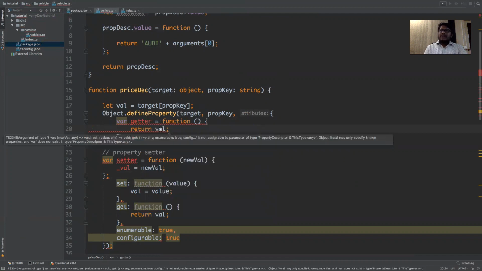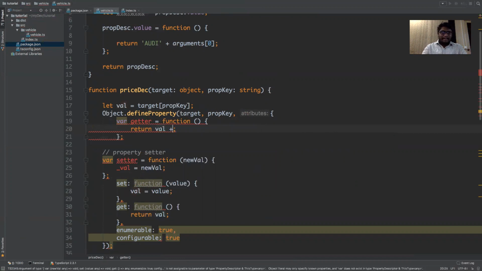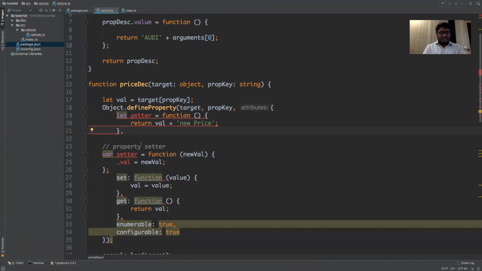Oh, he is modifying value here. Did you see that? Value plus... It's a string. Price is value. You see that is showing because